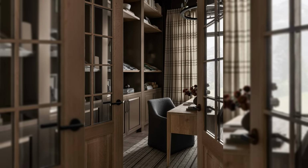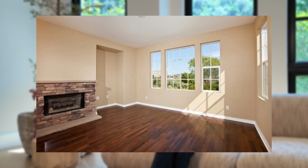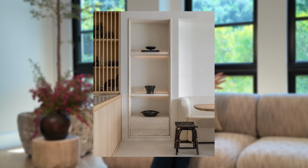So I would recommend thinking about having some niches, which will not only give your home character, but will also give you that additional space to hide the junk. In many instances, if you have a fireplace, you're going to have niches. You'll notice if you walk your home, you have niches that are made naturally when you're building a house, whether it's for air conditioning or to put a fireplace, as I mentioned. It would be nice to have some floating shelves in these niches or create a cabinet